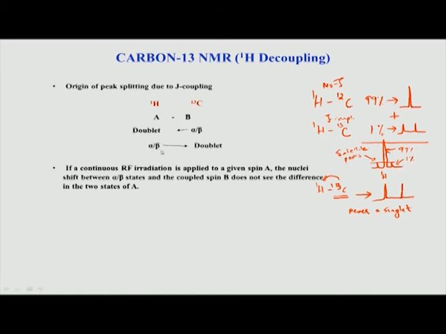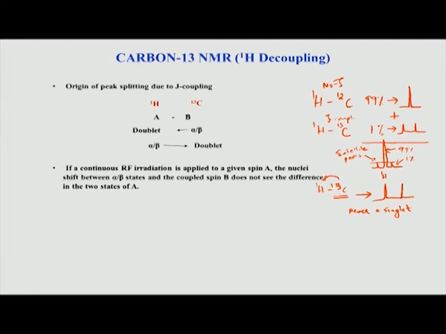Keep the population of the alpha and beta levels constant, the same. How do I do that? I can apply a radiation. If I apply an RF radiation on spin A, which is hydrogen, continuously, then the population shifts between the alpha and beta states. Why does it shift? Because we saw in the very beginning that when you apply an RF radiation equal to the energy difference, the molecules will jump from alpha to beta and vice versa. This process will keep on happening if I keep applying a continuous radiation. So, basically I am equalizing the population; earlier it was a Boltzmann population, but now it will be equal.